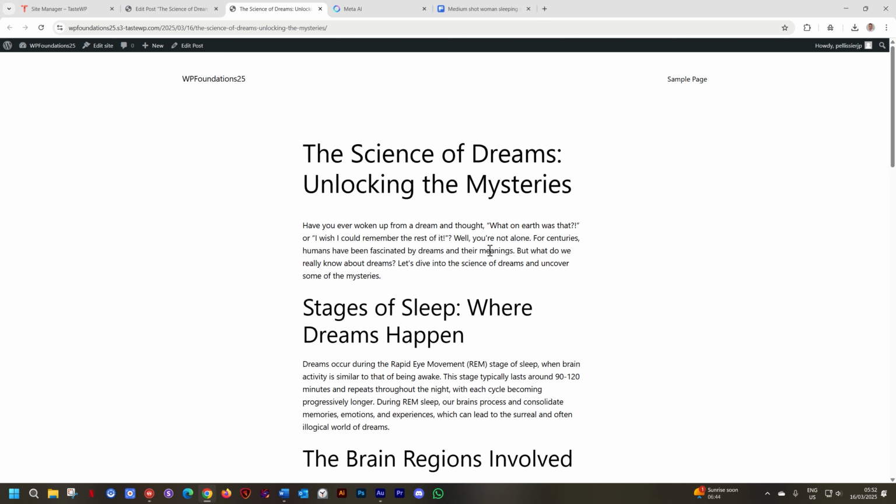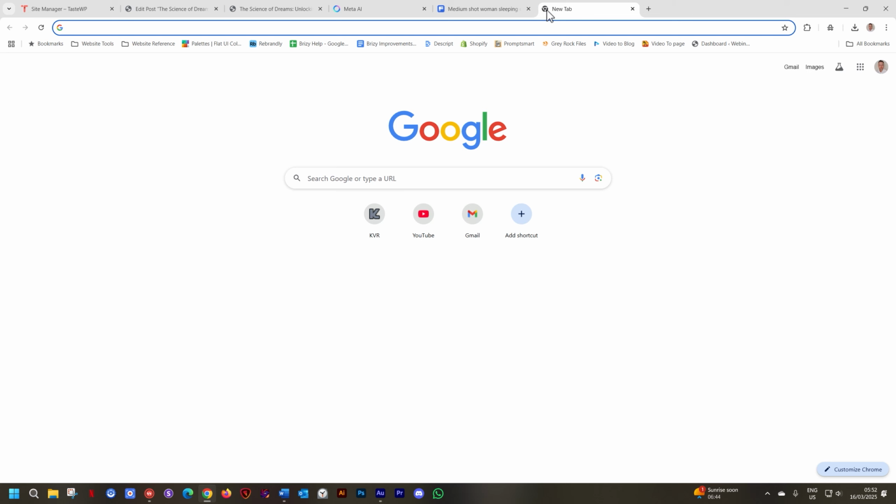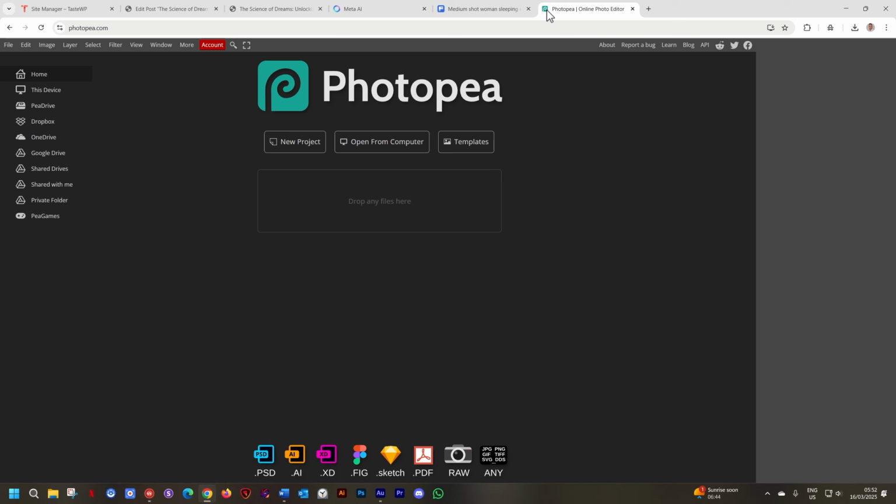That means if I want to bring in an image, I really don't need 5376. I only need 900. So you can go and download the small one, but in most cases, you're going to get images that are too large. So you have to format them. Again, for that, I recommend a free tool called Photopea. Photopea is free. There is a subscription model if you want to. I use the free version all the time.